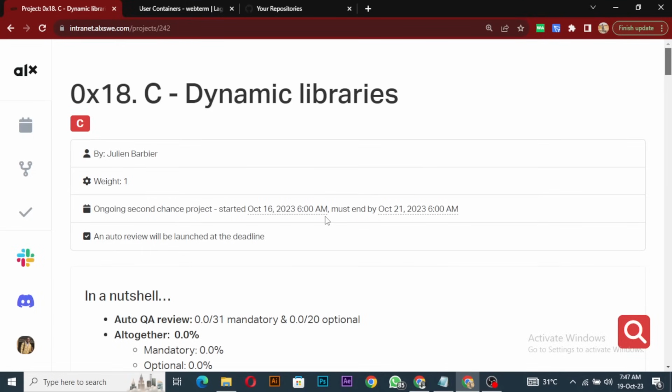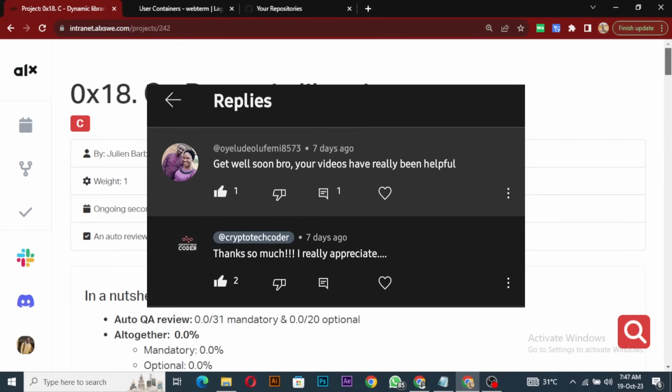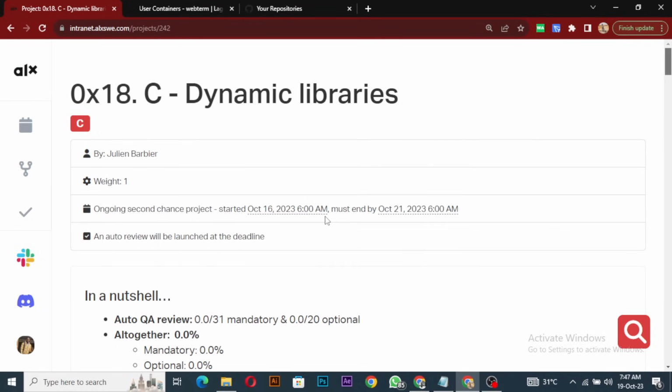Okay, hi guys. Today we'll be doing the dynamic libraries, and to that person that checked up on me on my last post, I want to say thank you. I'm feeling much better now. I still have so many tasks behind me, so I should quickly do these ones, though even these ones are on second deadline as well. Anyway,